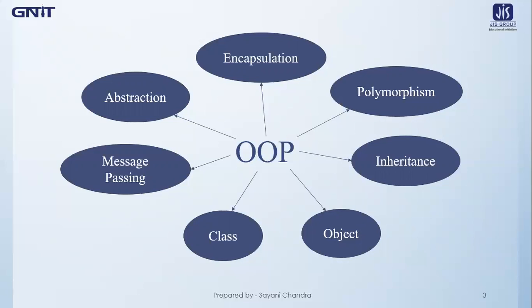So these are the properties of object-oriented programming languages. Any kind of object-oriented programming language is based on these properties. So in our course, we will be learning Java as one of the object-oriented programming languages. There you will see how Java can incorporate or implement all these characteristics of object-oriented programming through codes.